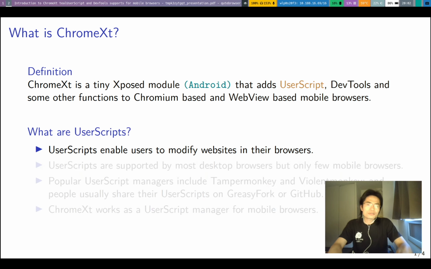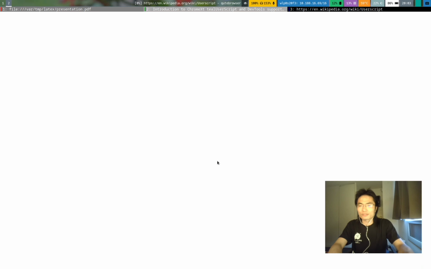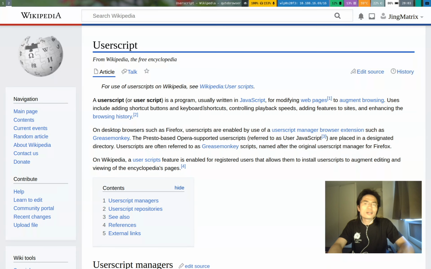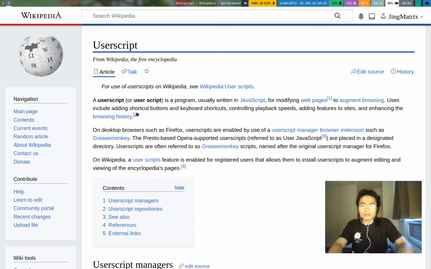What are user scripts? User scripts enable users to modify websites in their browsers. We can have a look at the Wikipedia page of user script. They are usually written in JavaScript. They're designed for modifying web pages, such as adding shortcut buttons or keyboard shortcuts, controlling playback speeds, and many other features.